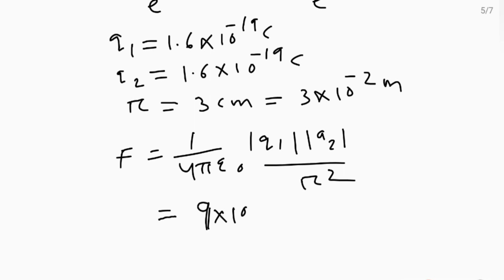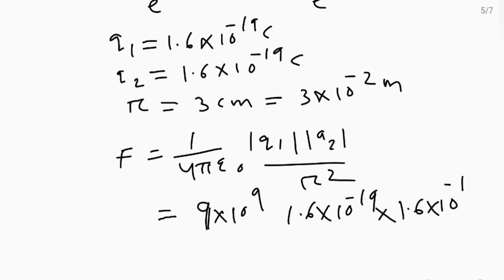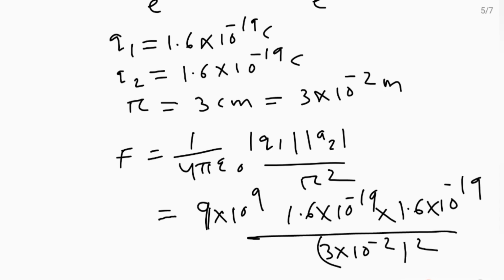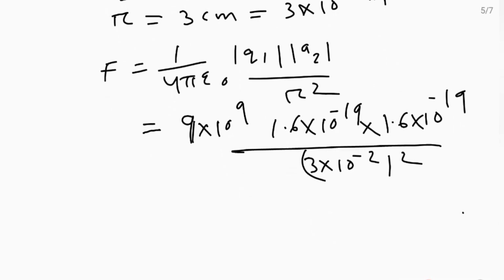9 into 10 to the power 9, and q1 is given how much? 1.6 into 10 to the power minus 19 Coulomb. q2 remains the same, 1.6 into 10 to the power minus 19, and r is given how much? 3 into 10 to the power minus 2 whole square. So if we solve this,